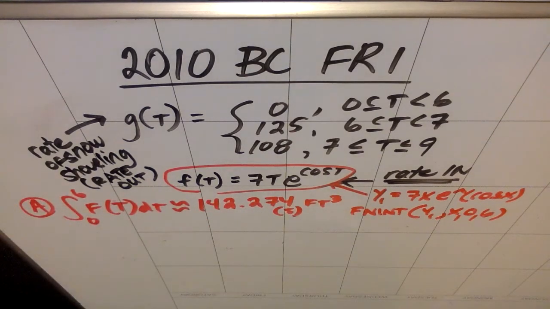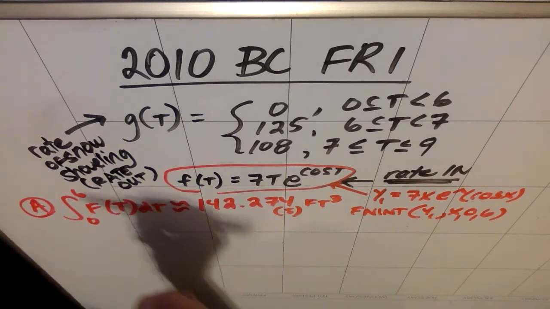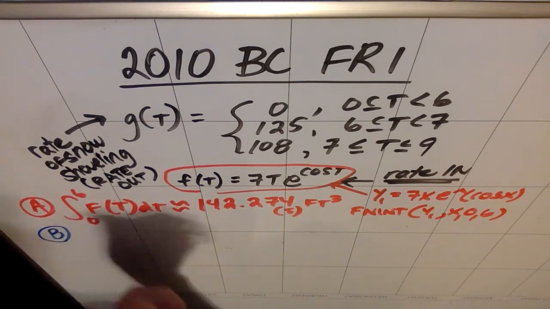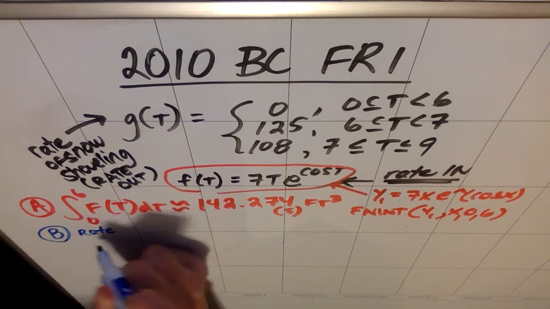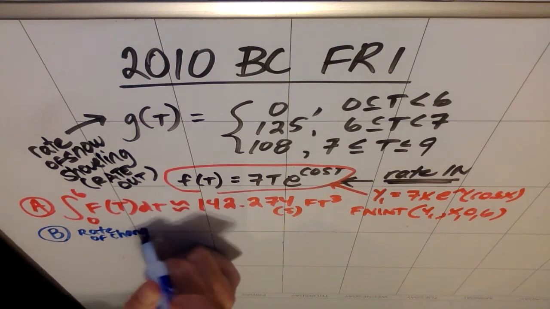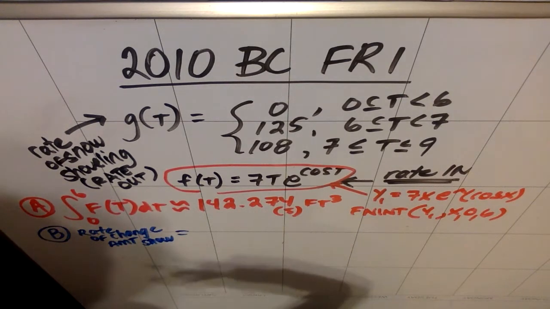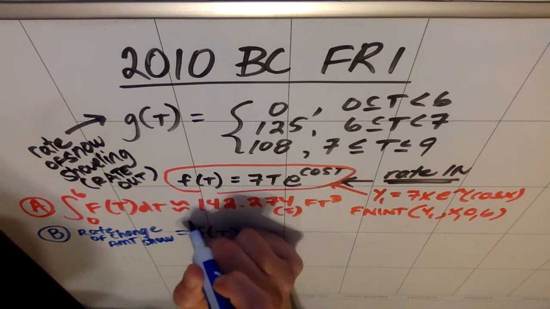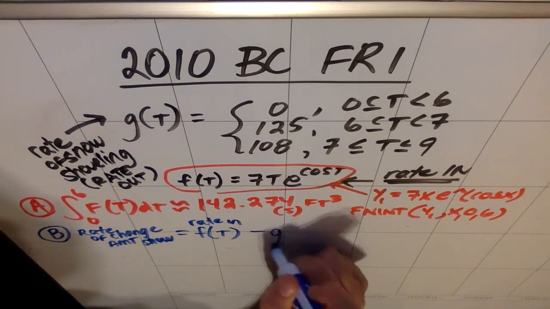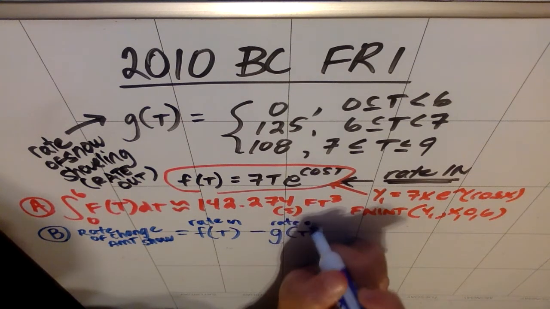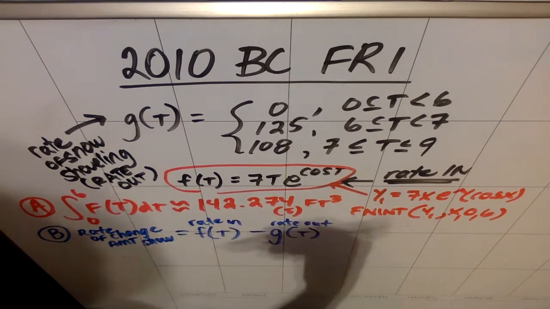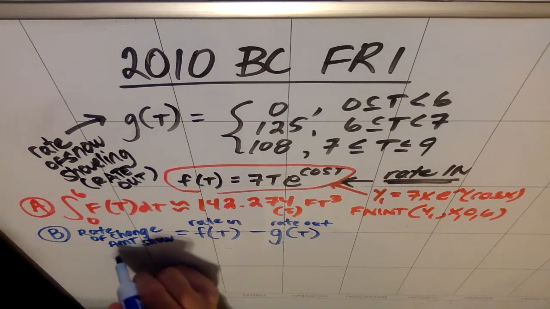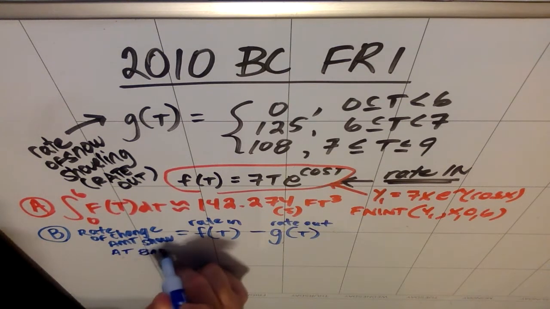All right, part B is the first one that's going to ask us to do something involving g of t. Part B asks for the rate of change of the snow at 8 a.m. So the rate of change of the amount of snow is essentially going to be the snow coming in, which is f of t, so that's the rate in, minus the rate at which it's being removed, the rate out. So rate in minus rate out, meaning that if I want the rate of change of the amount of snow at 8 a.m., essentially what I want,